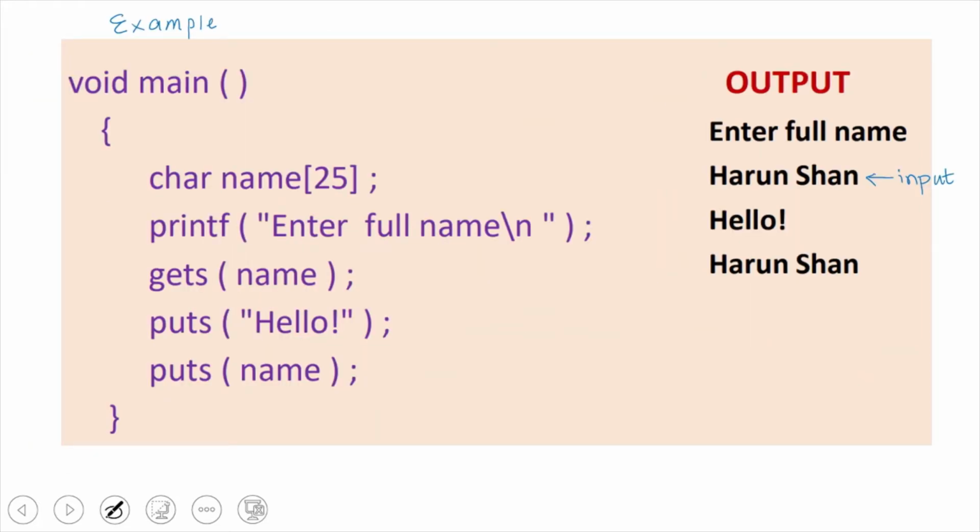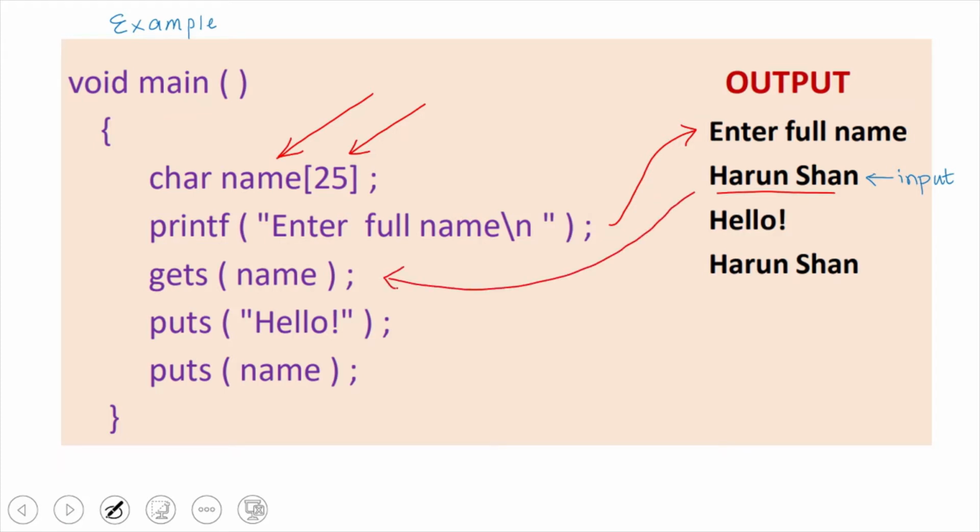So if you're going to use gets, this is an example. Here I have defined a string called name and it can take up to 25 characters. So this is prompted to the user. So enter full name will be shown on the terminal and this will be the user input, and the name is entered.